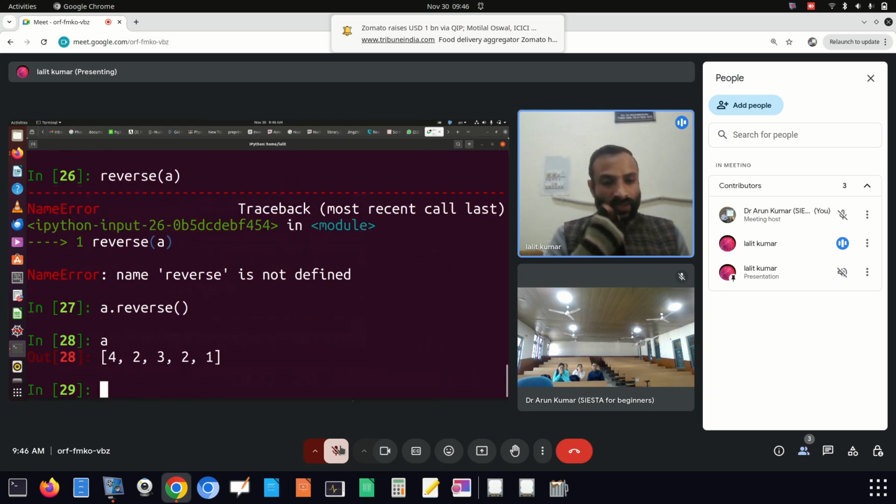And now this A dot reverse function with this command, I can revert this list from 4, 2, 3, 1. First this list is 1, 2, 3, 4. Or you can sort this and you can access the elements of this list. Let us say I have